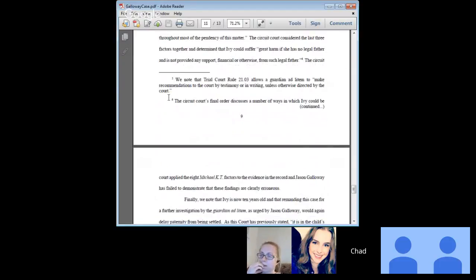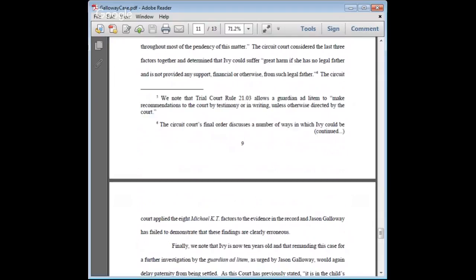So I will tell you that I wrote the circuit court opinion in this case, not the Supreme Court. So I'm the one who did the factors. I applied the factors, just if you wanted. That's how I know about the case, for one thing. I wanted to talk about this one,